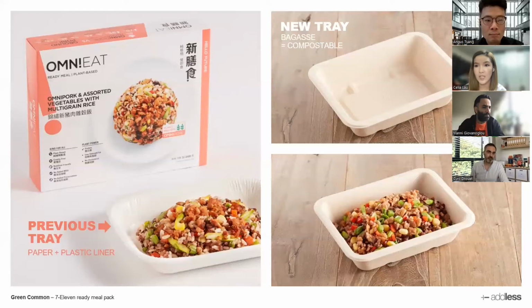So the first version was not completely plastic free, and even the latest version is still not 100% plastic free because of the challenges that we face, but we try to improve as time goes by. In the first version, we used paper trays instead of plastic trays. But this paper tray is still laminated with a thin layer of plastic so that it offers grease-proof properties. But later on, when we evolved, we were very happy to partner with Cyril and many of the good companies